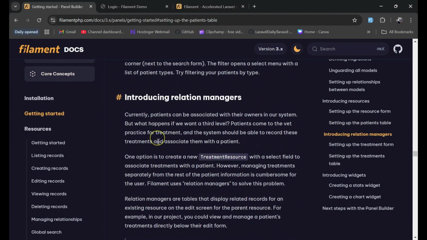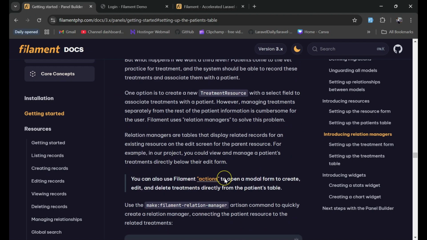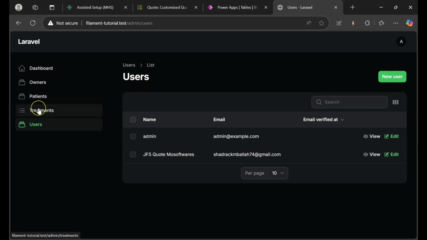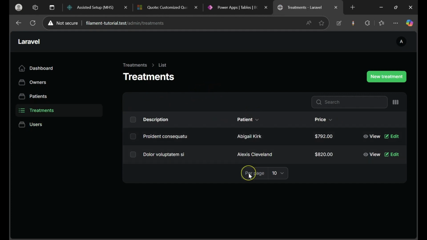managers. So the relationship managers actually work to show you, for example, right now here we have treatments. Let me go to treatments right here. Okay, so as you can see here, we have this treatment with this description, and we have this patient. So for example, you need to know all the treatments that are related to this specific patient. So if you need to know the history or the details that are concerned with this specific patient, you don't